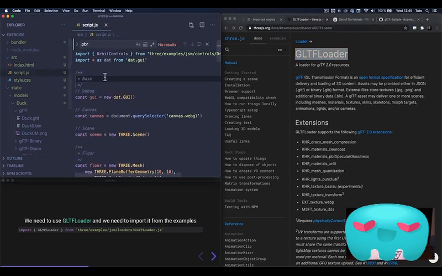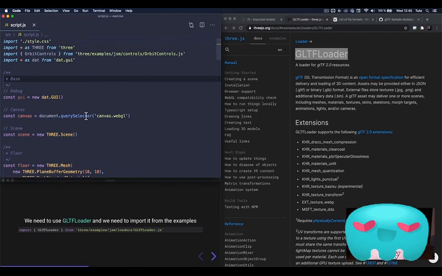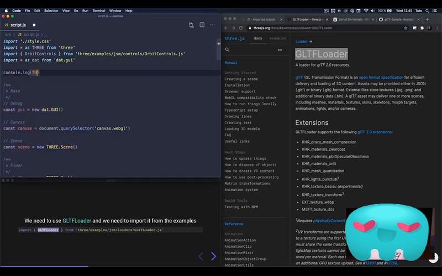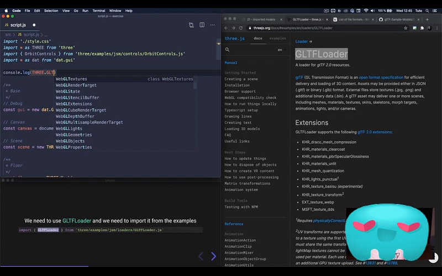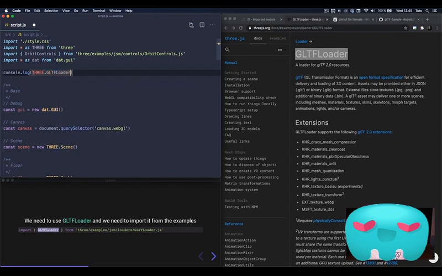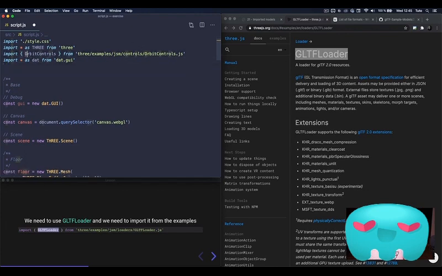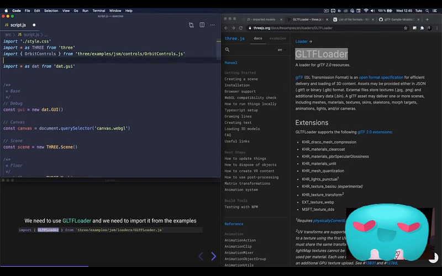Let's open our script.js file. I can hide the sidebar. And I will import the GLTF loader because this loader is not available inside of Three. You cannot do THREE.GLTFLoader like that, all right? Because this class is quite heavy. There is a lot of code inside, and the Three library would be too heavy if you had those kinds of classes in it. So to get it, it's like getting the OrbitControls. We have to do import